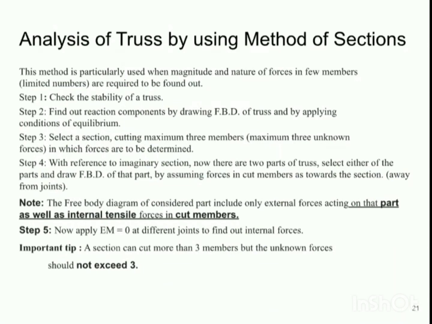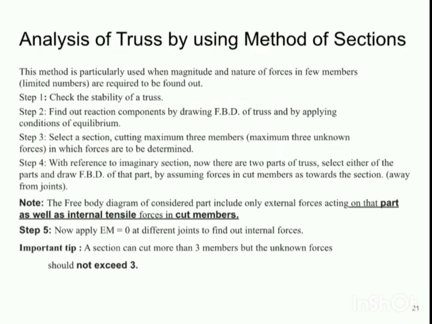Okay, so select a section, cutting maximum three members such that all the three are unknown members, and it should not cut more than three members. Okay, so this is the condition. With reference to the imaginary section, now there are two parts of the truss. As I told you, select either of the parts and draw FBD of that part by assuming forces in the cut members